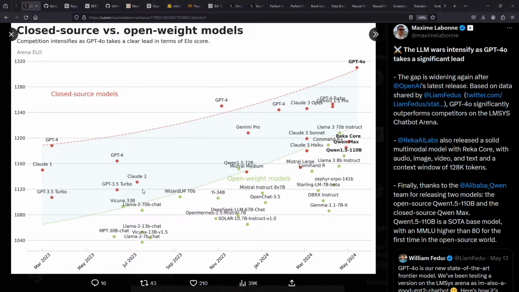So maybe I'm misinterpreting this, but it does seem to me like this is not a great way to measure so-called intelligence. I think I should really look into this metric more. But there is some gray area about what this actually means, because a lot of this could just be relative scores. How well is the closed source doing relative to open source? Each model relative to the other models. But what we see here is, while closed source is definitely winning,